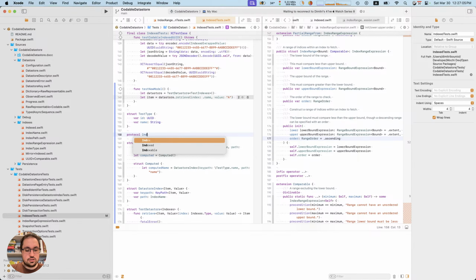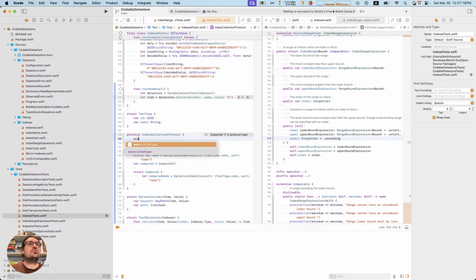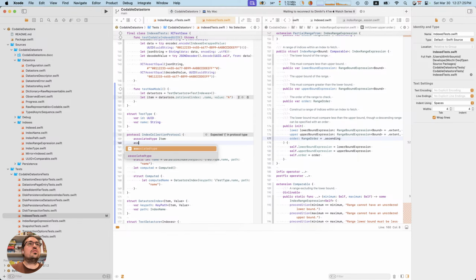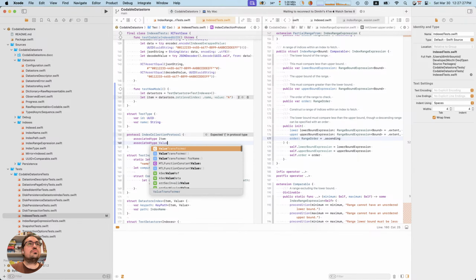So we have an index protocol. Index collection protocol, sure. It has two associated types. There's an item, and there is a value.